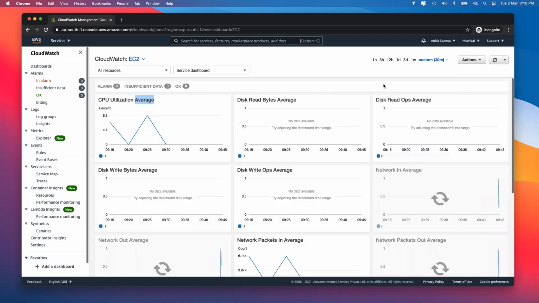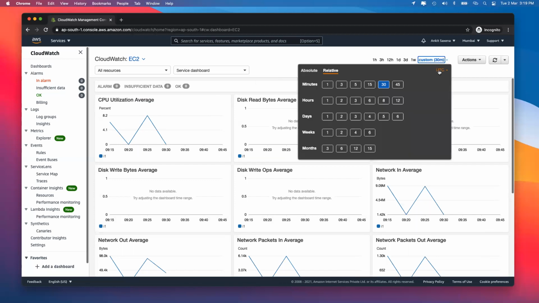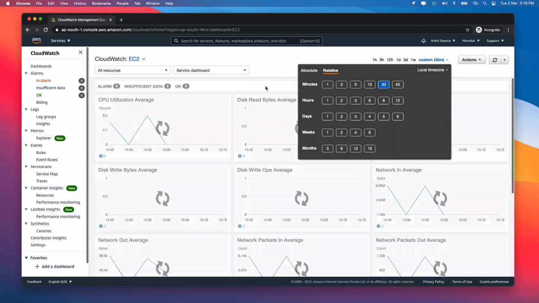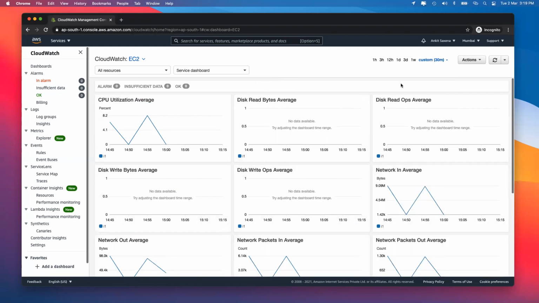This step is important because in real time, when you are working on the machines and instances and you want to monitor the actual performance of those instances, these graphs and charts actually help a lot. Right now, the time is 9:25 because the time over here is in UTC format. If I go for local time zone, it will change to India's time. So please don't be confused when you see the time. It happens to be both UTC and the local time zone, which is India in our case.